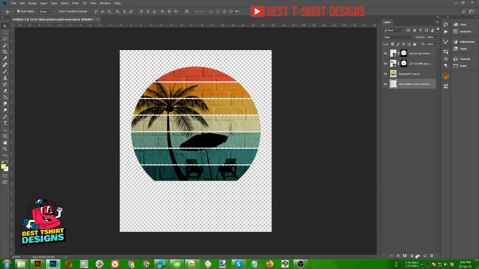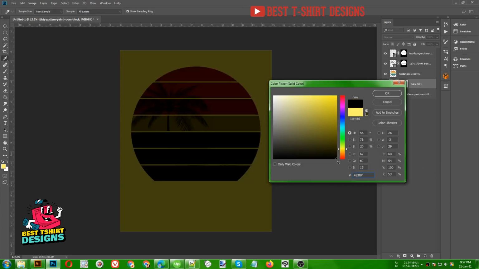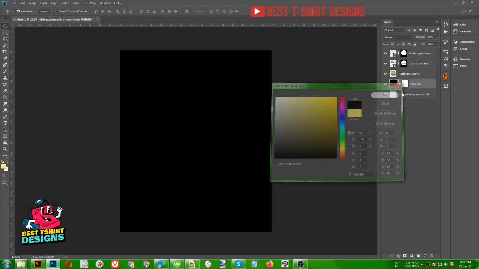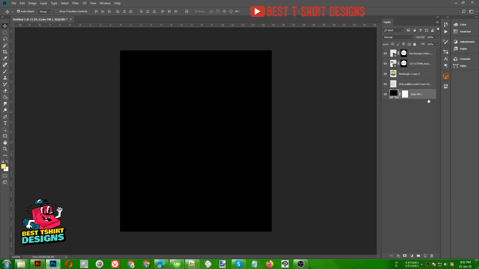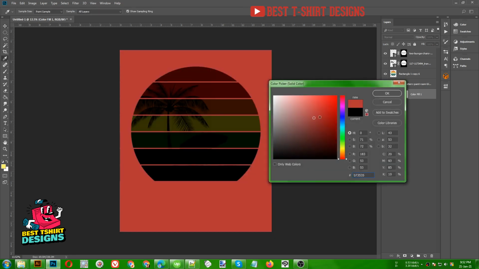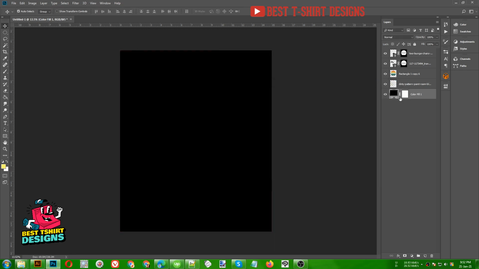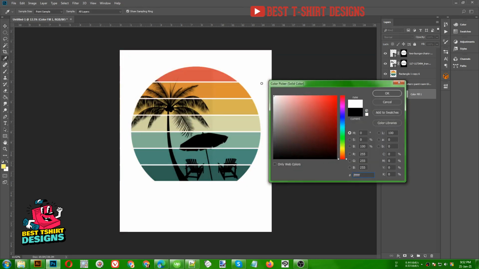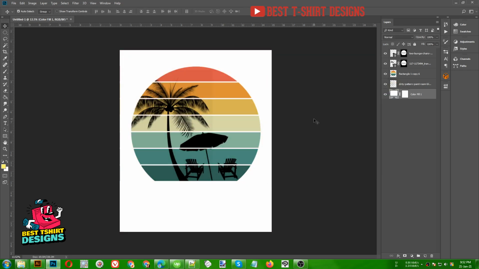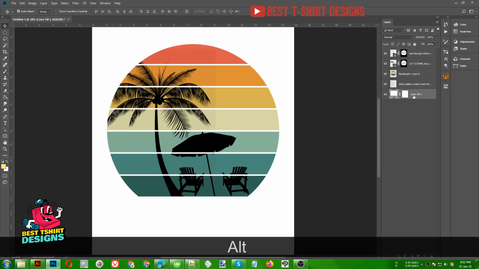So I am selecting this layer, then I'm going to add a solid color layer just to fill it as a background, something like this. That's fine. Let's bring that down to everything. Okay, like this. Now this layer is the lowest layer, and everything here is multiplying with our black shape. Let me just change the color a bit. Okay, that is not going to work for us anyway. We can keep it black for now, and that will be good for us.